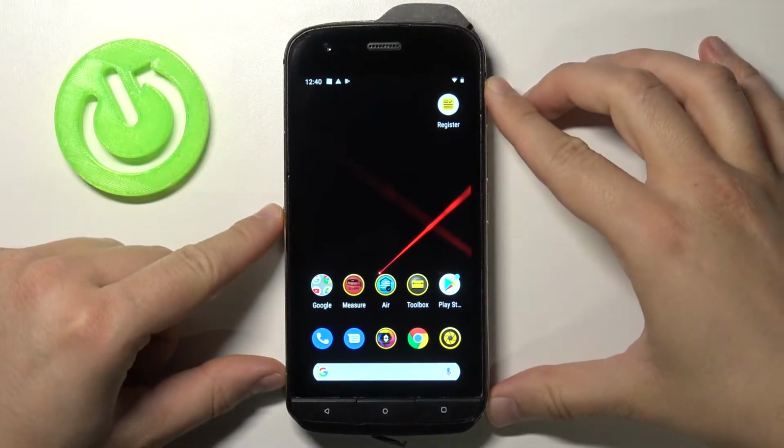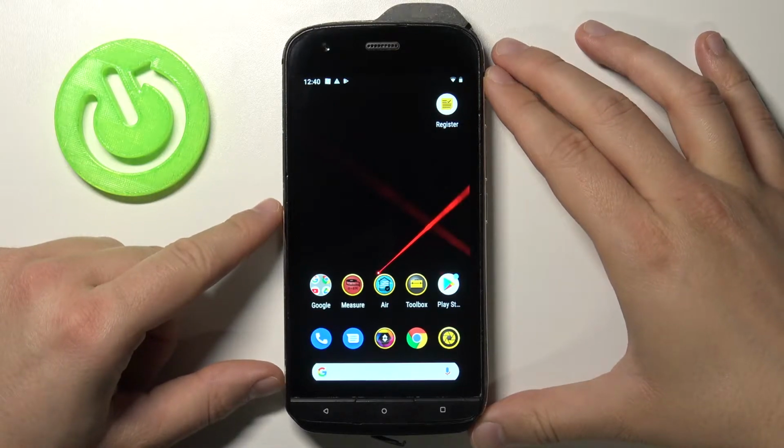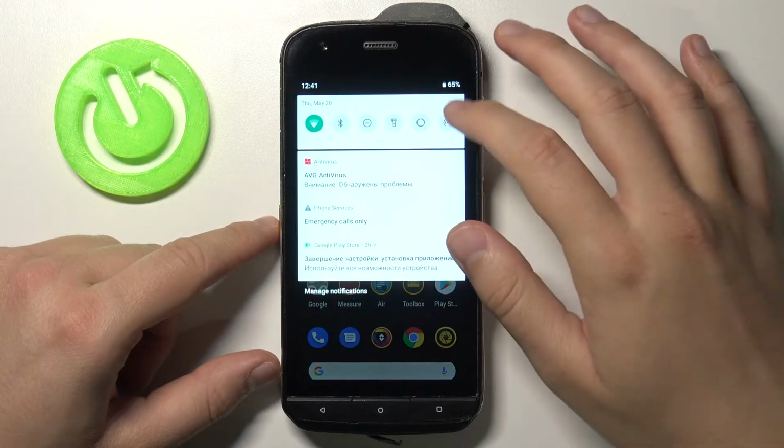Welcome. In front of me I have CAT S61, and today I'll show you how you can check the number of apps opened each day. So we have to simply open the settings,